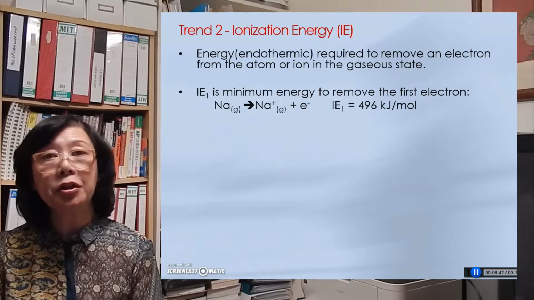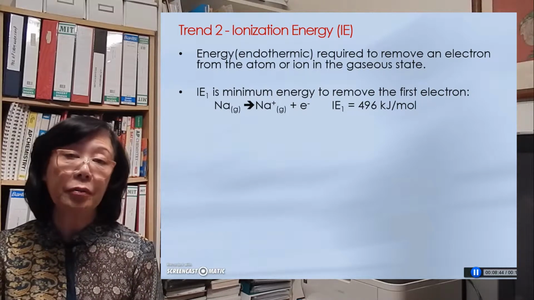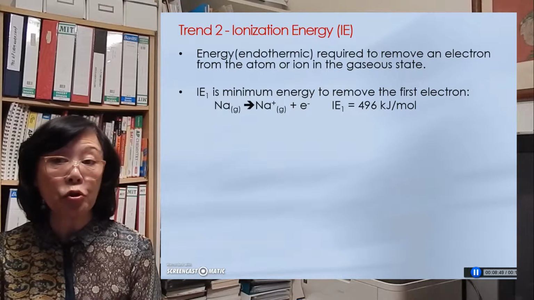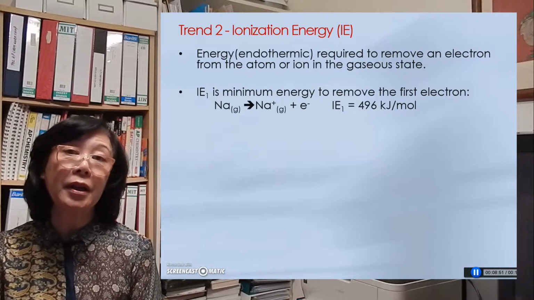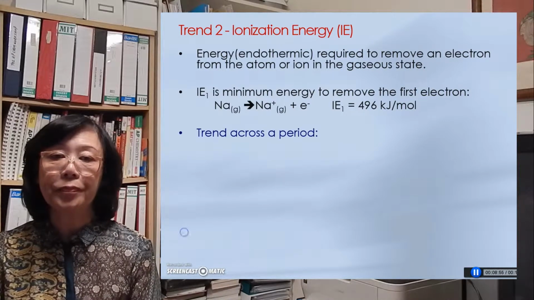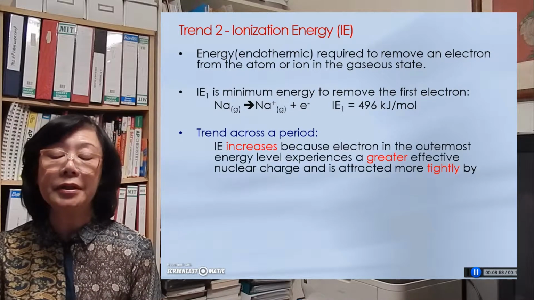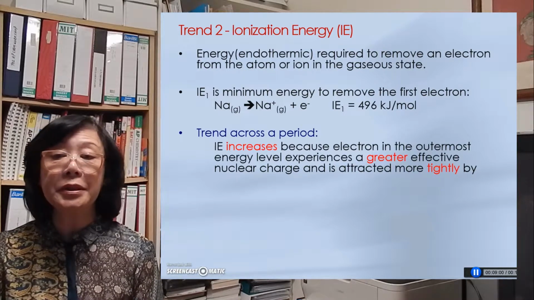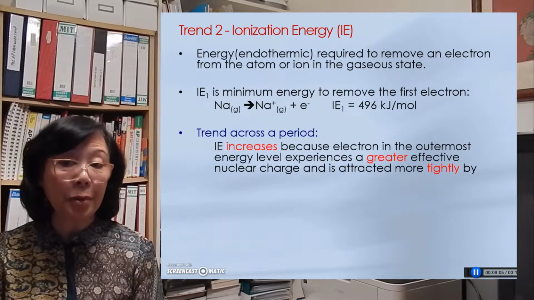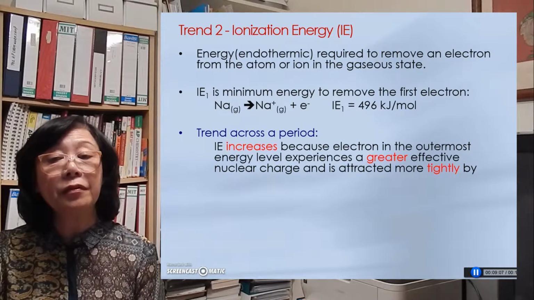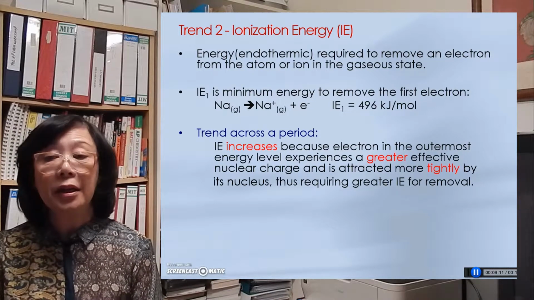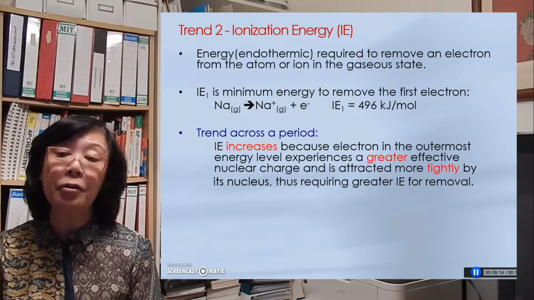Now, when we write the equation, we start out with sodium, which is already in gaseous form, and supply energy, 496 kilojoules per mole, and it would knock off an electron to form the sodium 1+ ion, also in the gaseous state. The trend across the period is that ionization energy is increasing because the electron in the outermost energy level experiences a greater effective nuclear charge and